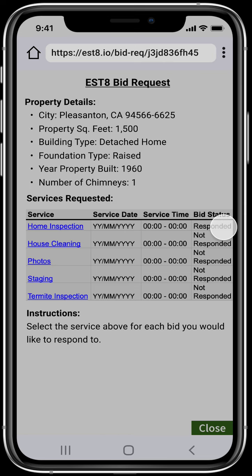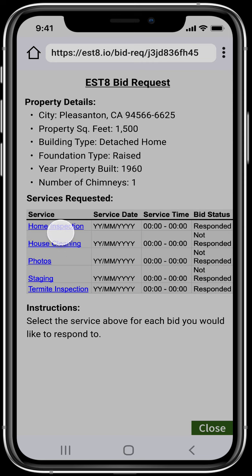So now let's say I'm also, because I'm specialty, I also do termite inspection. So let's just say I just provided a response for the termite inspection as well. So now we can see for home inspection, the bid status is responded. For termite inspection, the bid status is responded. The rest are not responded. So that's it. So now we're going to jump back to the project owner to review the bid here, the